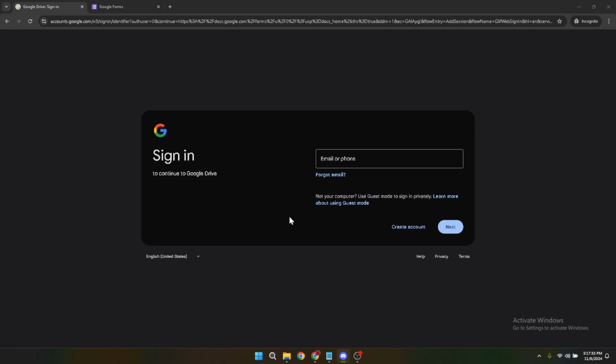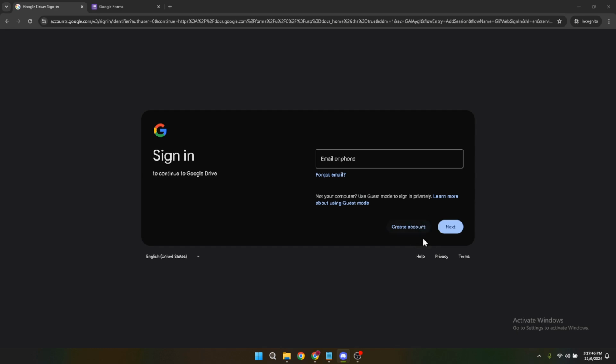First off, you need to sign into your Google account. To do this, go to Google Forms by navigating to the specific URL provided for Google Forms. Once you're there, you'll see a sign in button. Click on it. You'll be asked to enter your email address. Carefully type in your email, making sure there are no typos, and then click next. Following this, you'll have to enter your password. Make sure you type in your password correctly and then click on the sign in button to access Google Forms